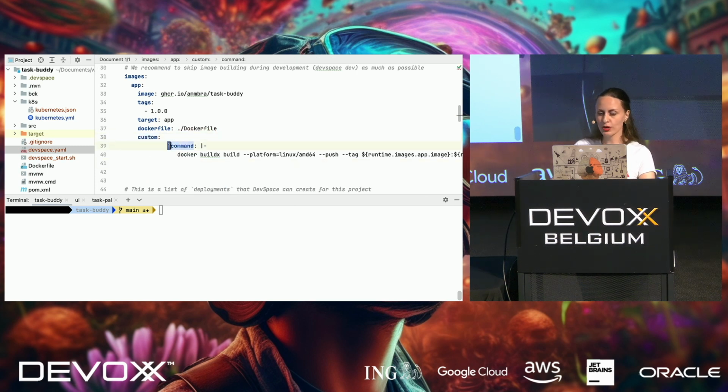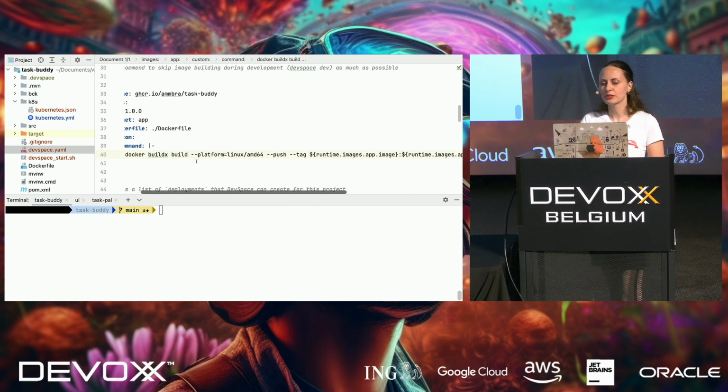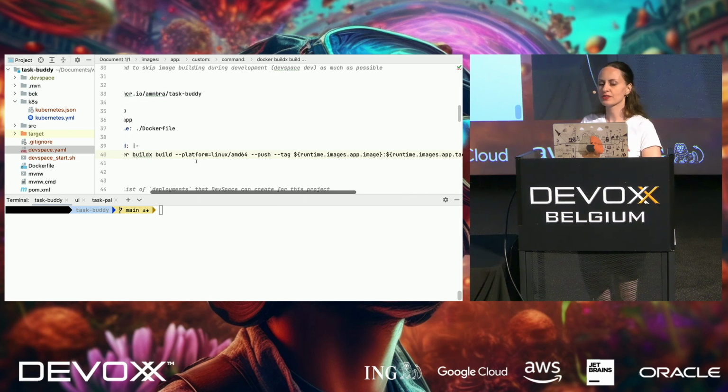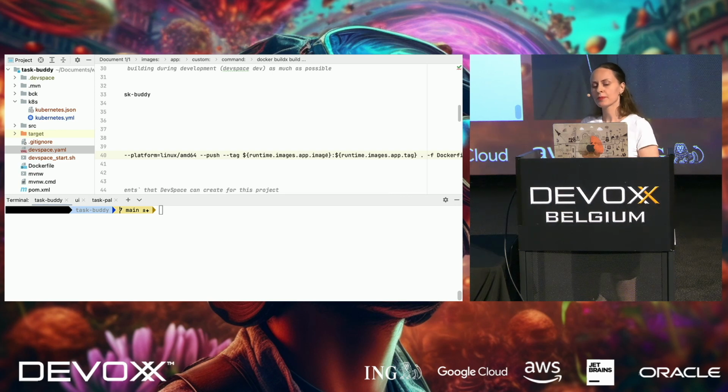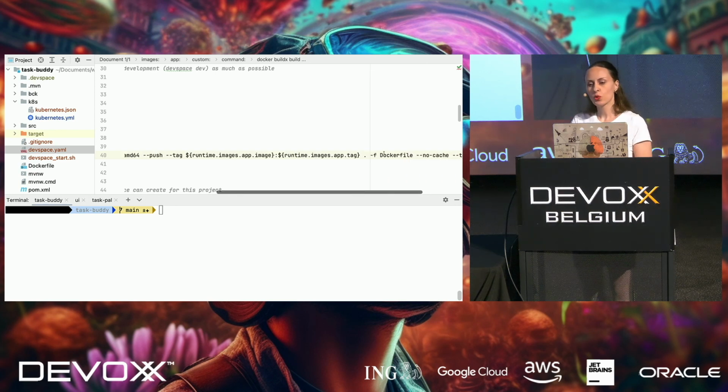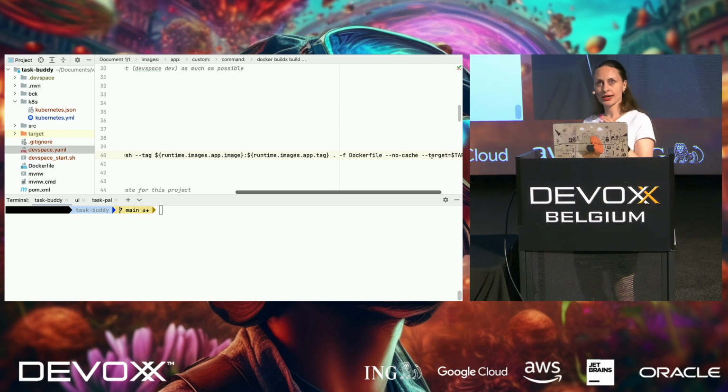So you can make your own commands on how you're building your image. And in my case, I just want to build my image for a specific platform, push that image, but I want to override at runtime with the image name containing also where I'm pushing in the registry, the tag, and of course the target,